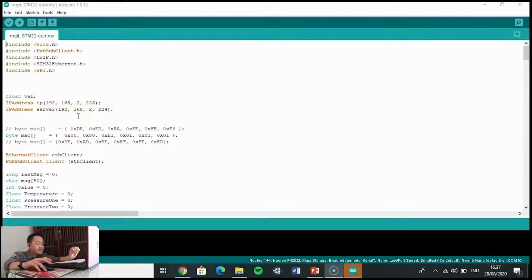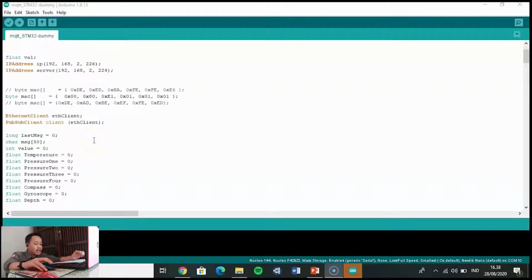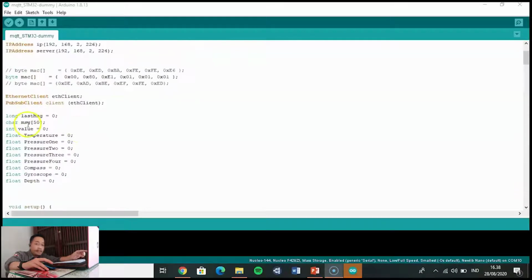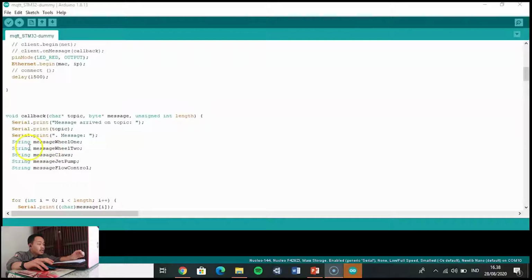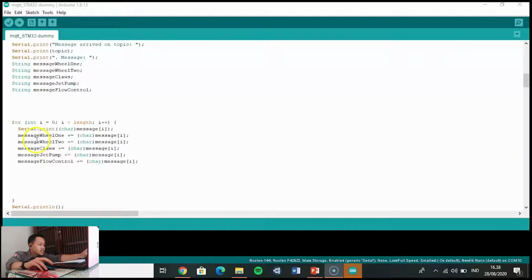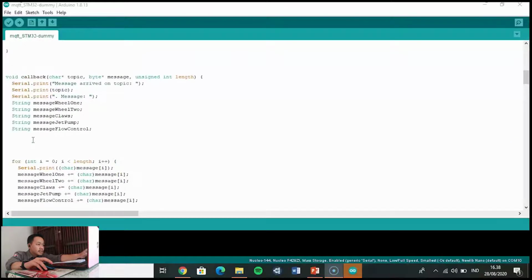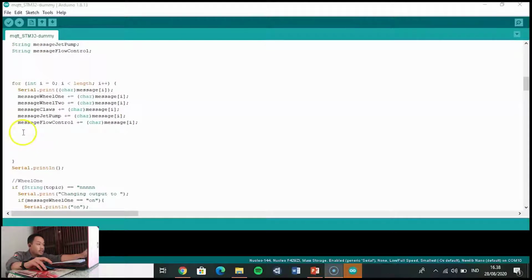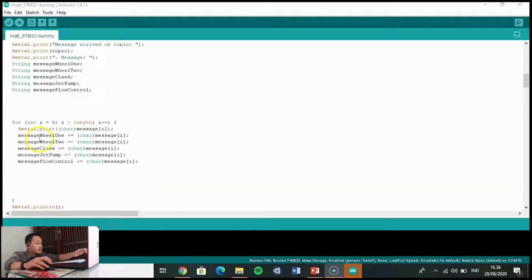It can be seen from the video that I use an IP address as the client, an IP address as the IP, and an IP address as the server. And the second step, I program several topics. You can see from my program, the topics are string message wheel 1, wheel 2, message cloud, jet pump and flow control, so that in the void part, you can see the void part,